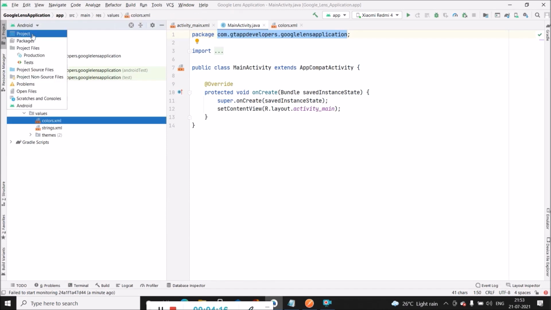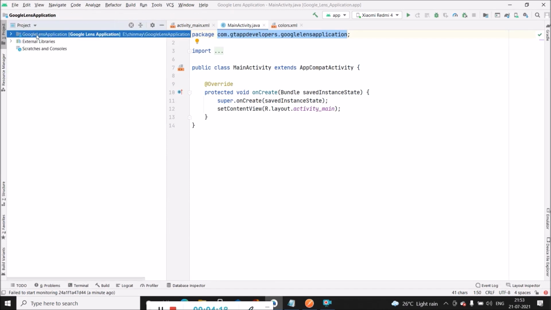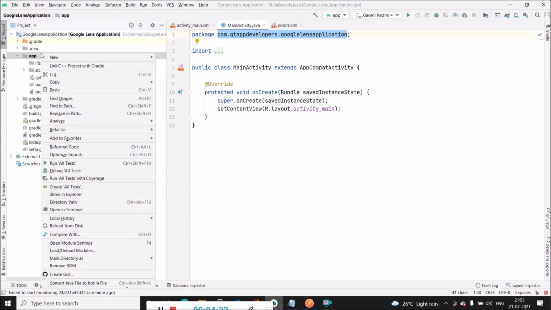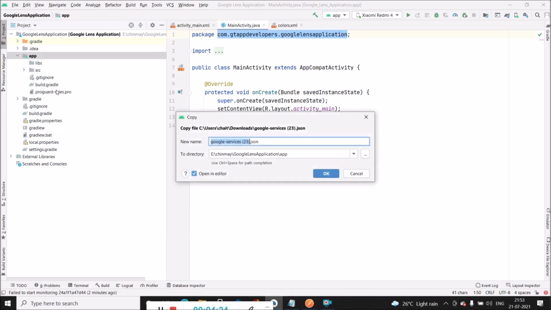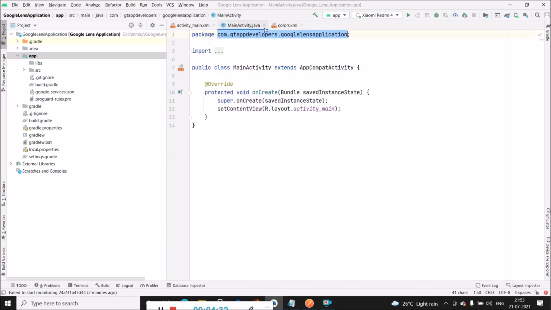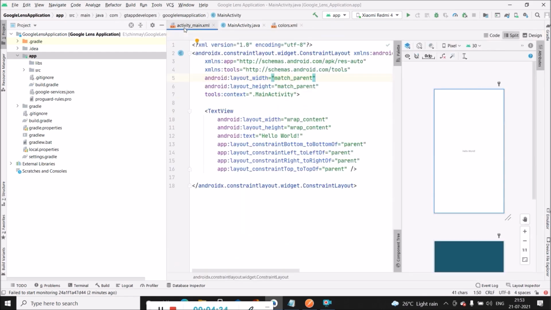For this, we have to go to the project, then our application name, then app, and here we have to paste our google-services.json file. Make sure the name of the file is google-services.json, otherwise it may provide some error. So we have added the google-services.json file.